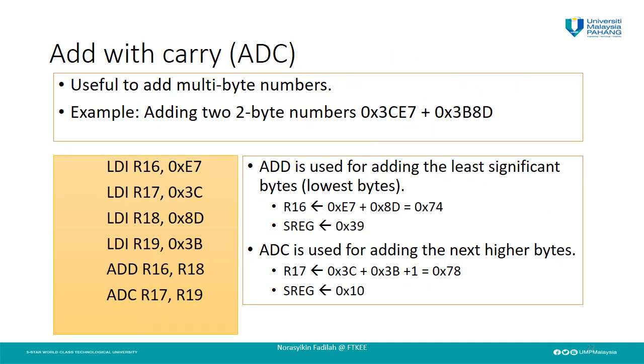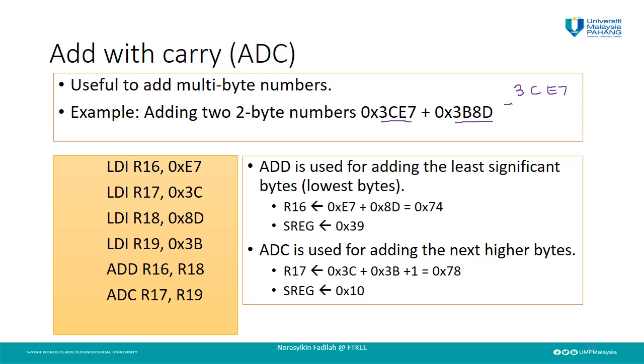And then we have the instruction of add with carry. This is usually used to add multi-byte numbers, since the add instruction can only process 1-byte values. So if, let's say, we want to add two 2-byte numbers of 3CE7 with 3B8D, we can use the add with carry. Since the operation of addition, if we do it manually,